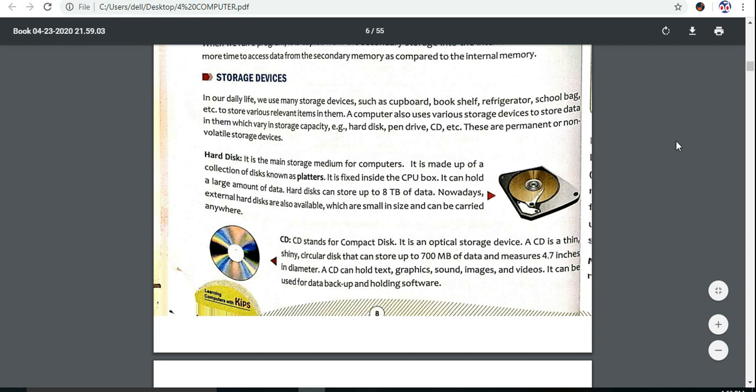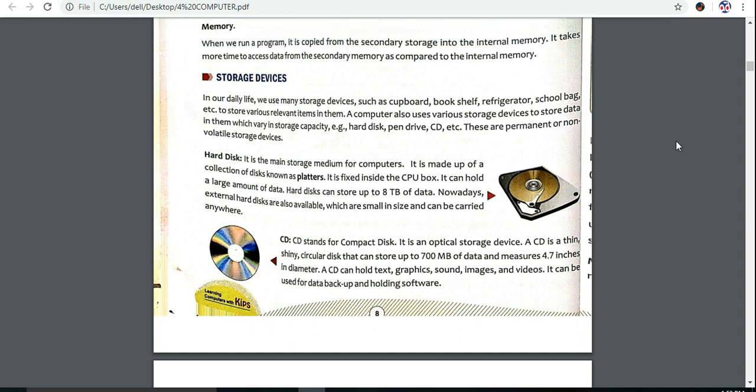So we can see that in our daily life we have different places for keeping our things. We use a cupboard for keeping our clothes and other stuff, a bookshelf for keeping our books, a refrigerator for food, sweets and vegetables, and school bags for keeping books and notebooks, and so on.